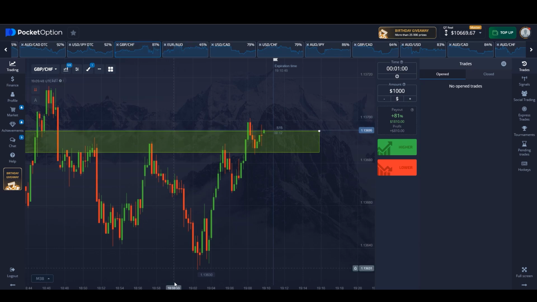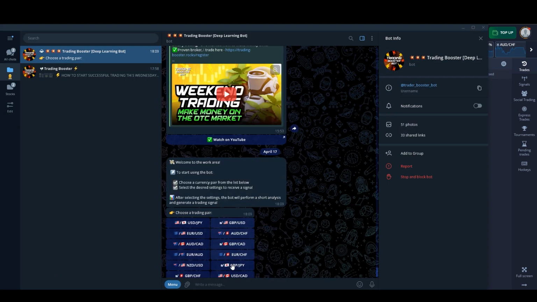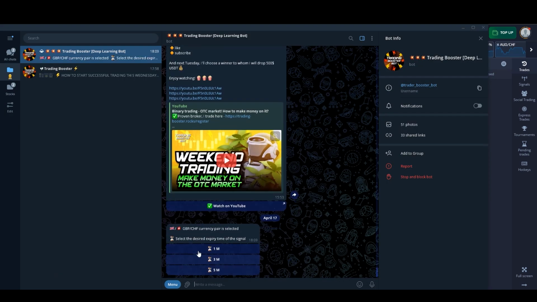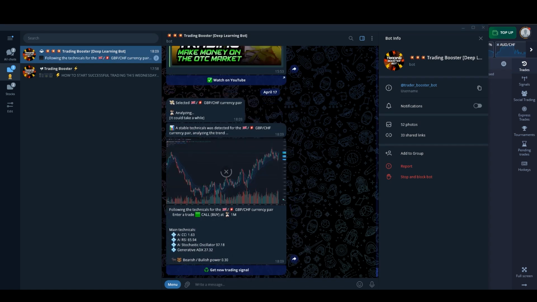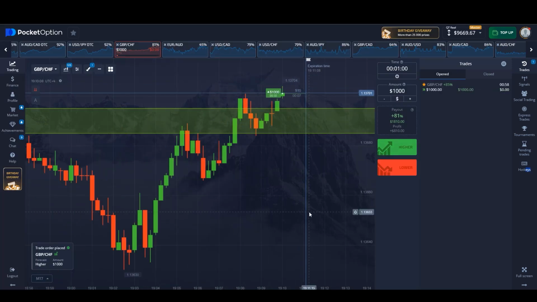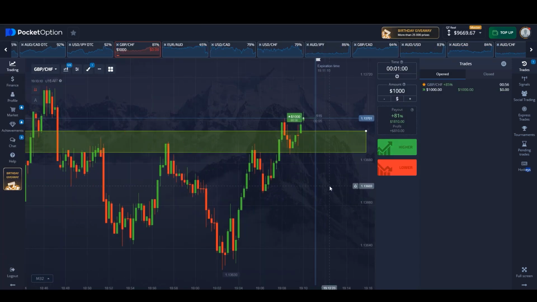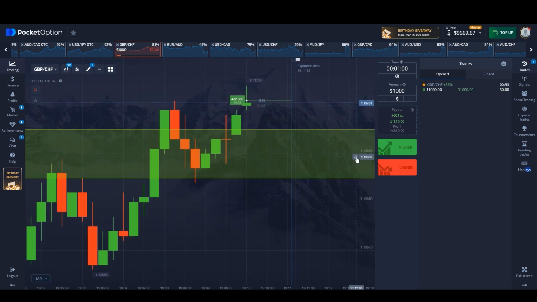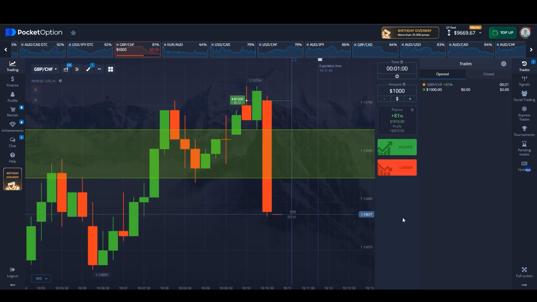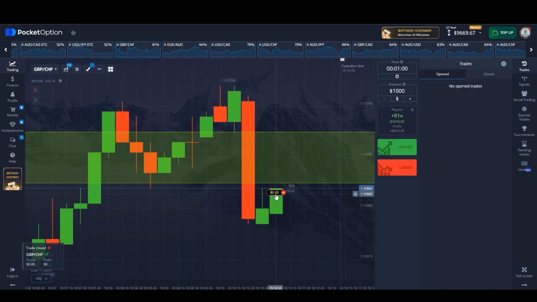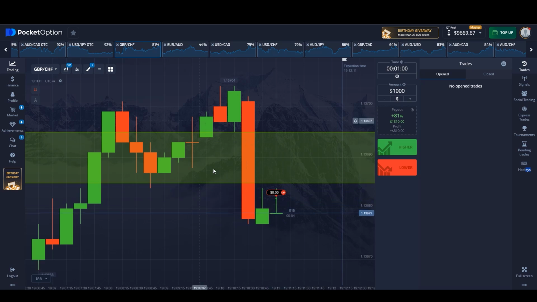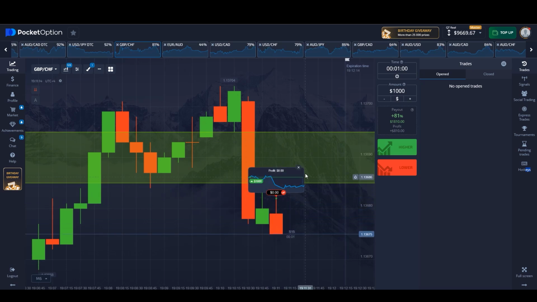Let's ask the booster bot. British pound, Swiss franc. I get a new signal. I choose this pair, and the time for the deal is 1 minute. I get a buy signal. And I'm going to buy from there. This means that this level will support the price and the price will grow. Unfortunately, the booster made a mistake and I had a sharp impulsive breakdown of this support level,